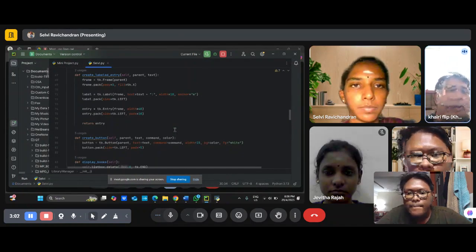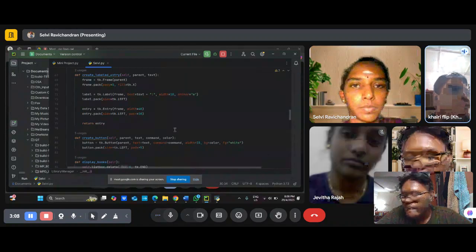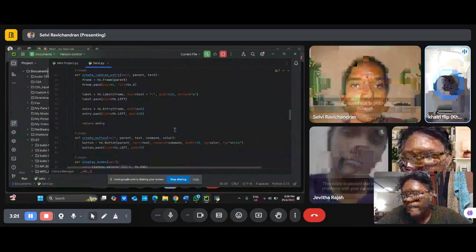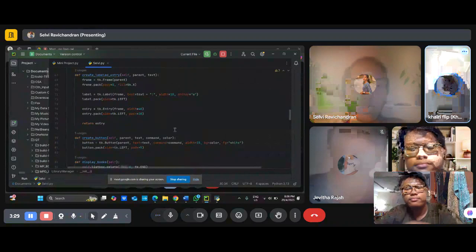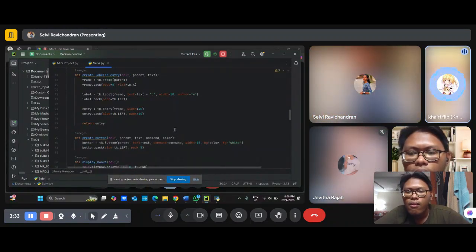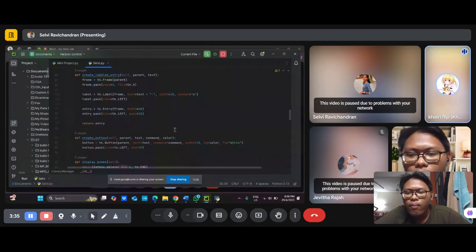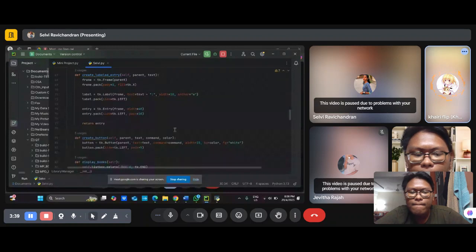Thank you, Azim. First, we will create a function that creates a label and entry for the pattern and tags. Frame is tk.Frame for the frame of the pattern itself. Frame pack, then the label with side equal tk.LEFT.